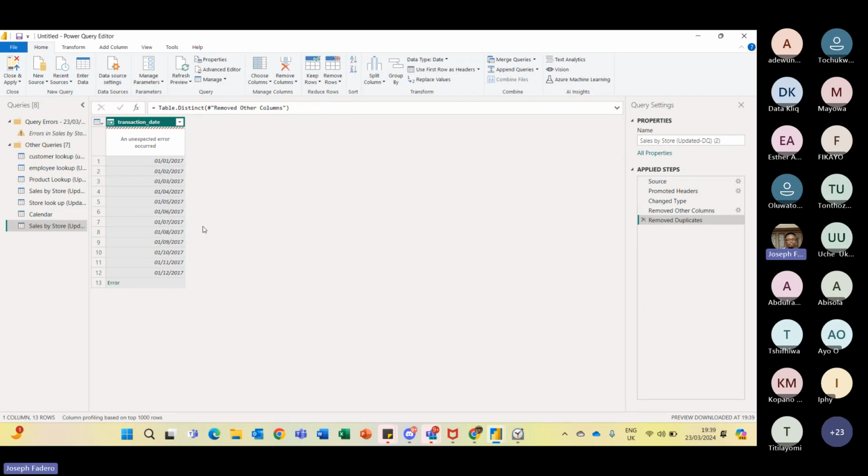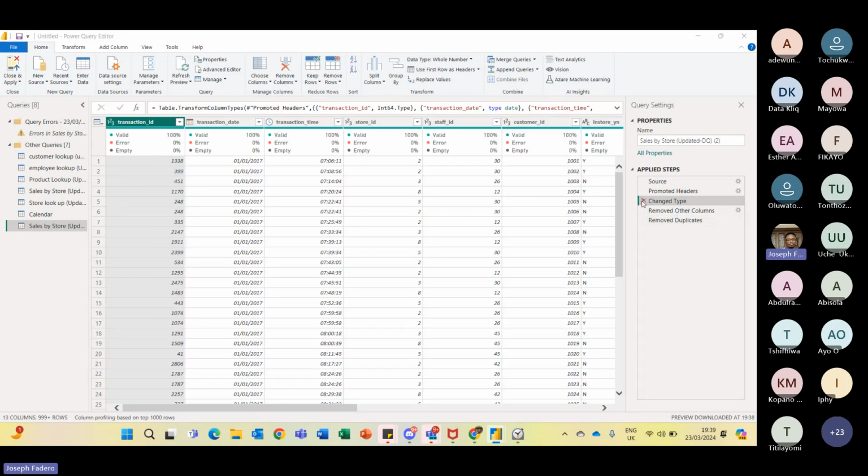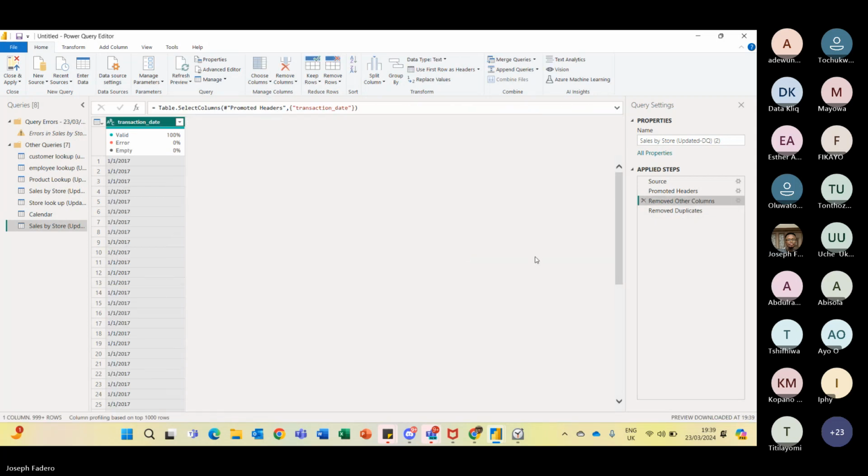Now we have this. Let me delete this. Okay, so we have it in this format. It's actually coming in the US format, so yes, it's right for us to change it. I'm just showing us techniques we can use to solve a particular problem. Now, I could have solved this problem before we started here, but it's a good learning